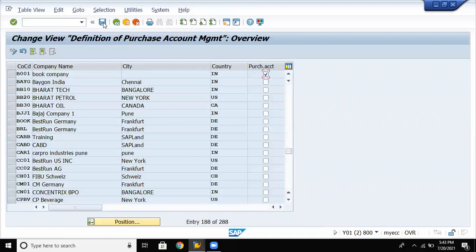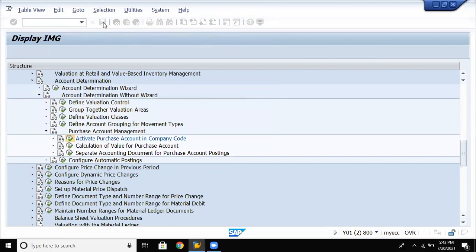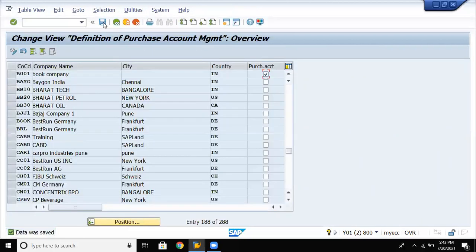Check the box, save the data. Enter again. Go back.